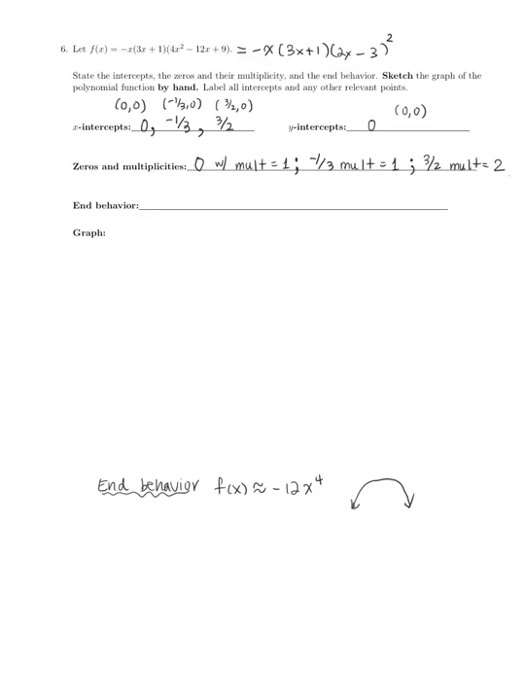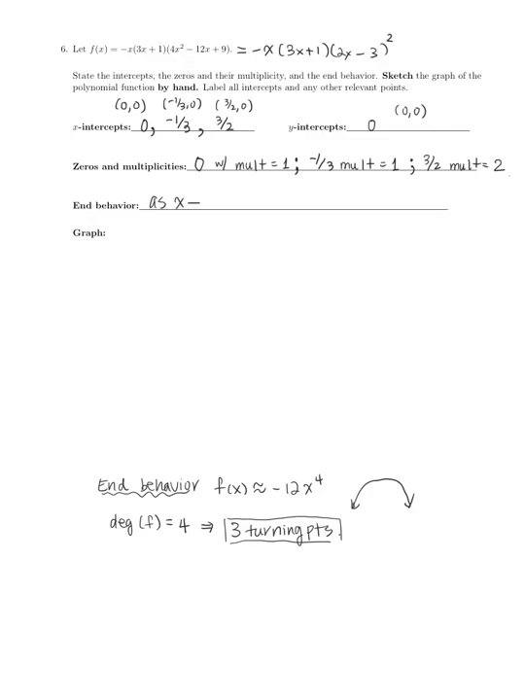Okay, so now let's analyze this a little bit more. Notice that the degree of f of x, if you multiply it out, is going to be 4. That implies we're going to have 3 turning points. You might want to keep that in mind. Let me just box that in case I forget. All right, so it looks like our end behavior better be